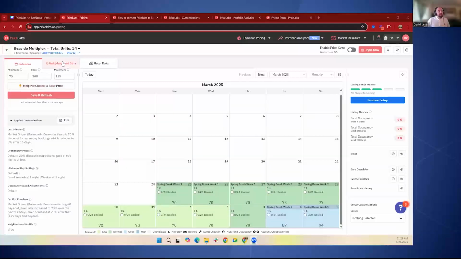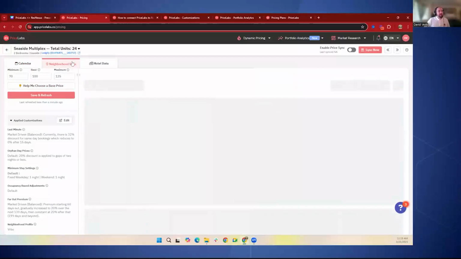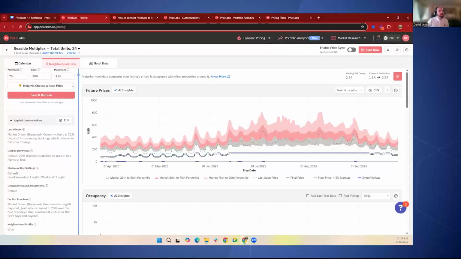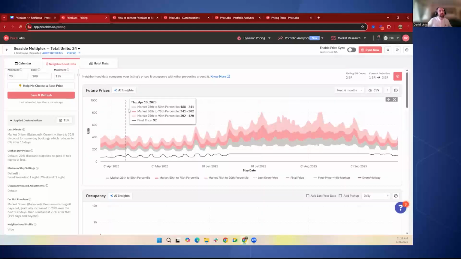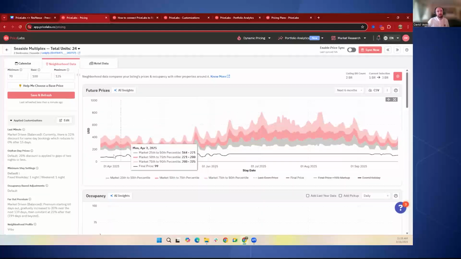Another way to visualize the base price and how your pricing sits for the foreseeable future, you can do up to a year, but let me hide a few things. Sorry, I have extra stuff on. This future prices chart under neighborhood data. Neighborhood data is pulling in your nearby short-term rental competitors, so it might be a good guide to see how the